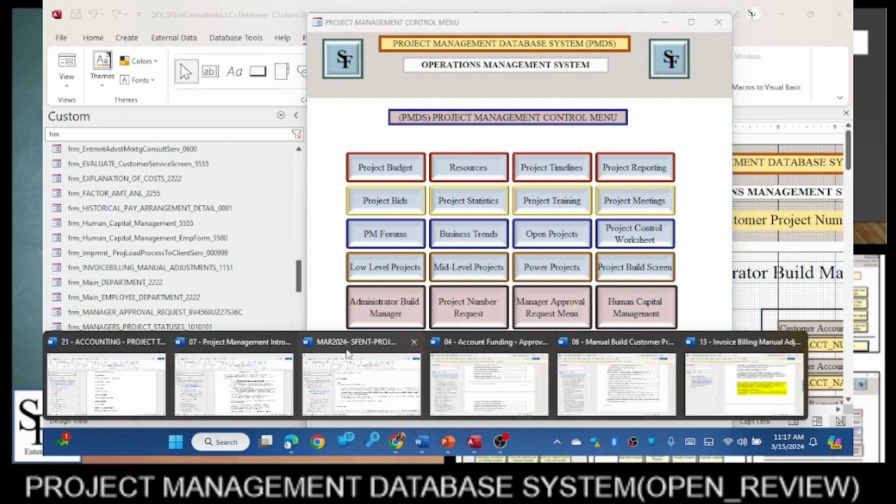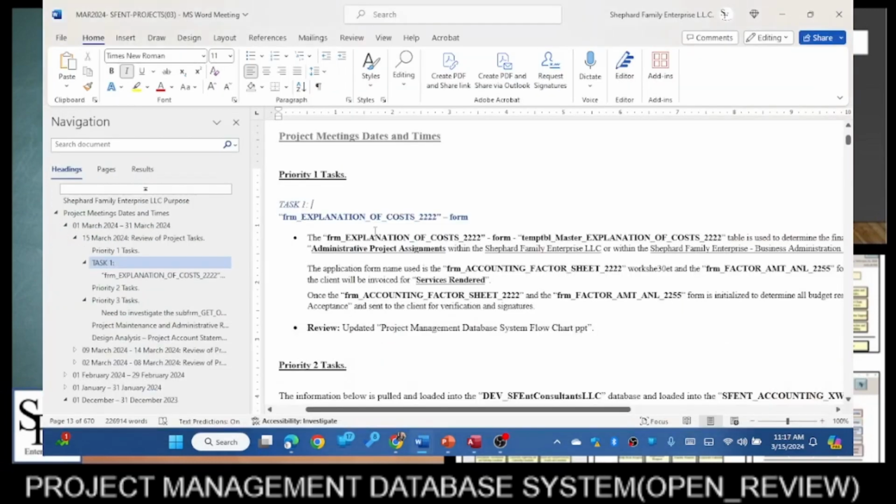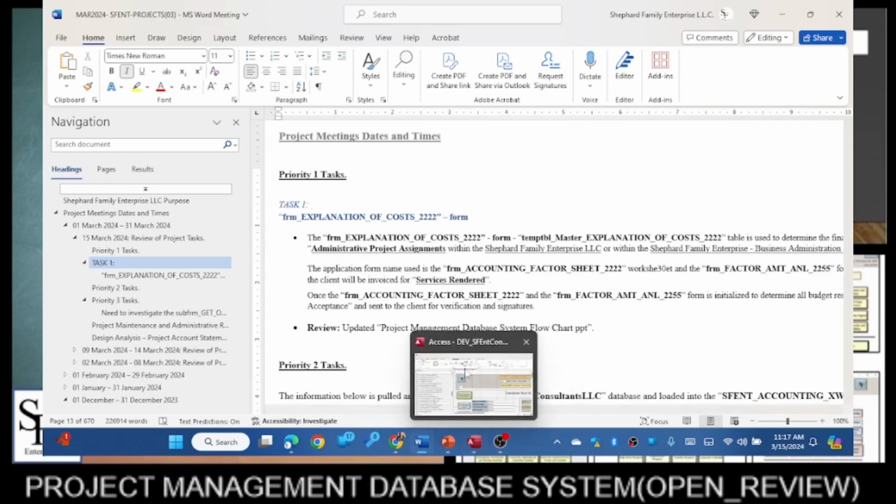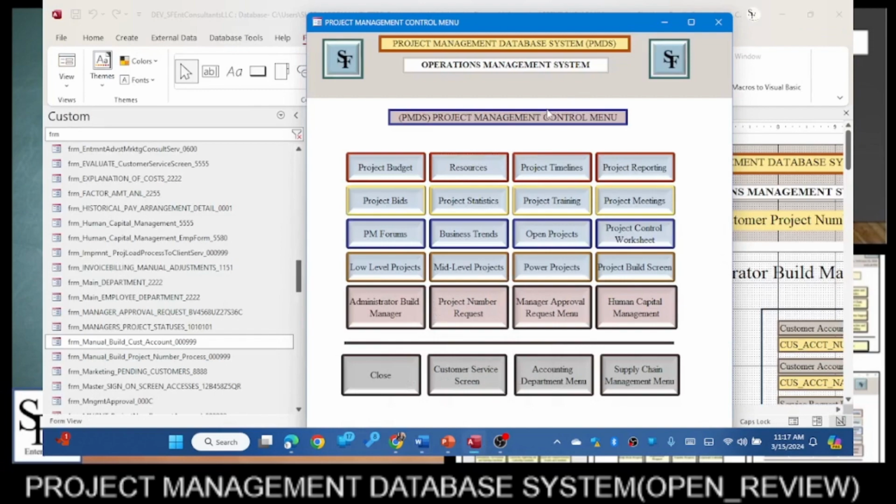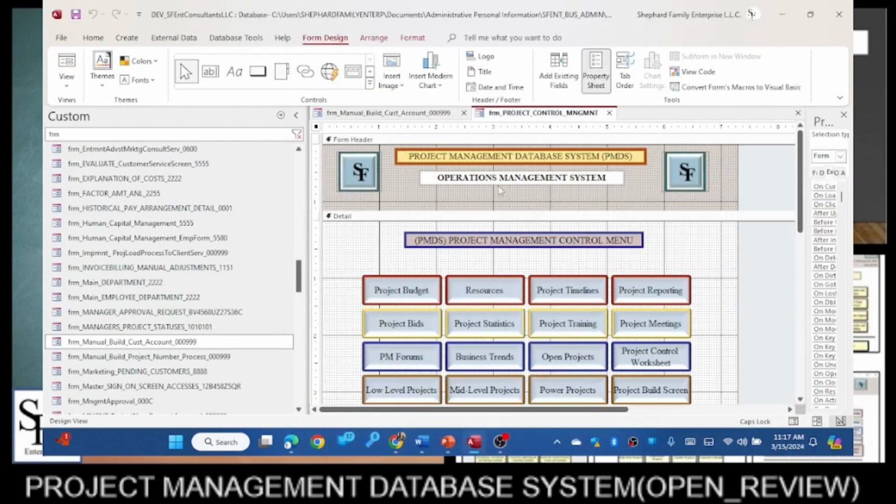my project worksheet. I'm going to need to put that in here. Explanation of costs. I'm going to have to justify this. This is the first task. The first task is going to be the project control menu. So what I'm going to do, I'm going to take this design and put it under this menu,